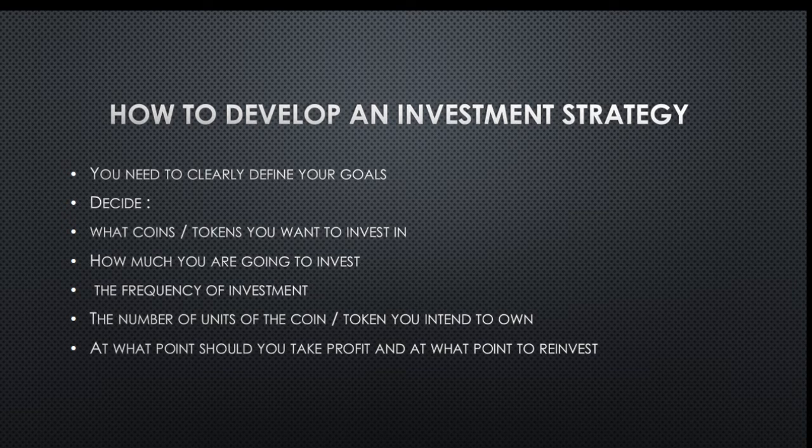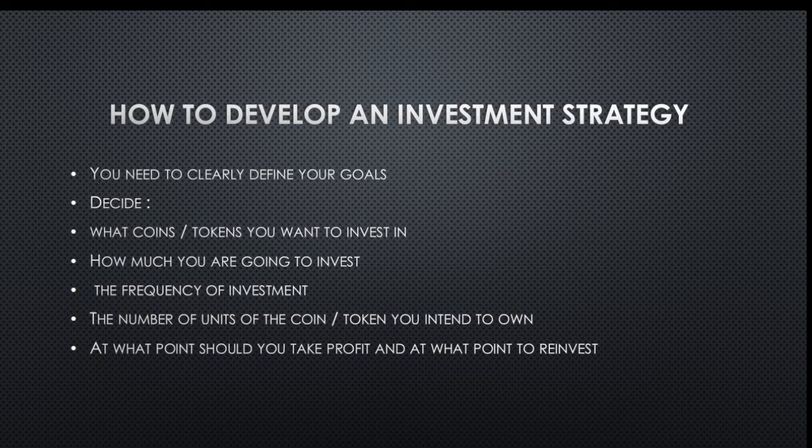And then you need to know the number of units of the coin or token you intend to own. If you want to work with, say, sheep, how many units? Is it 1 million sheep you want to have, 2 million, 30 million, 100 million? You need to know how many units of that coin or token you intend to own. If you want to work with algo, for example, how many units of algo do you want to own? Is it 100, 1,000, 3,000, 5,000? These decisions help you to be able to map out how much you're going to invest in that particular coin